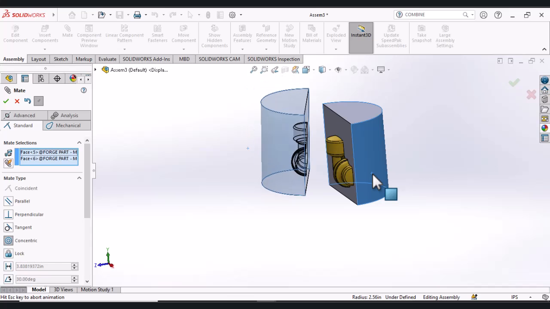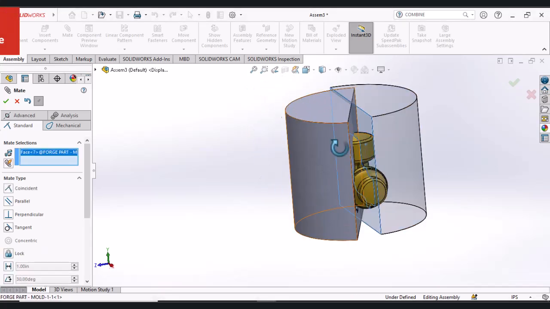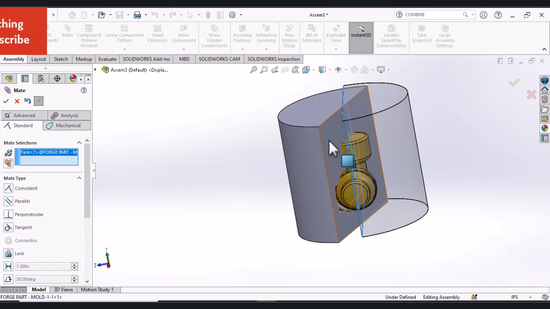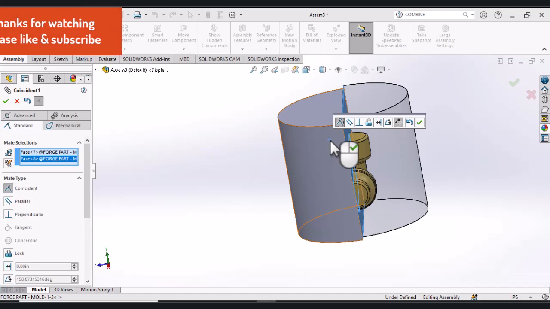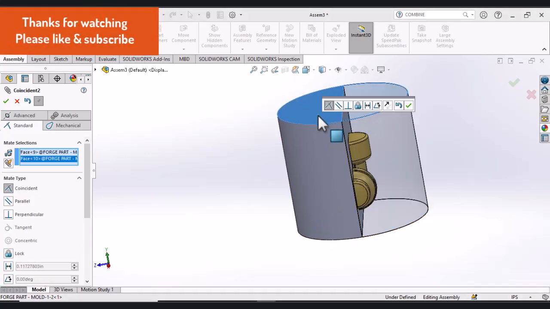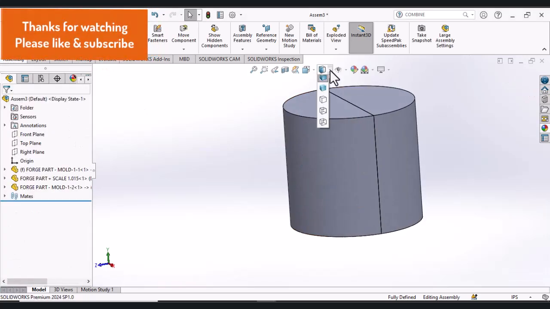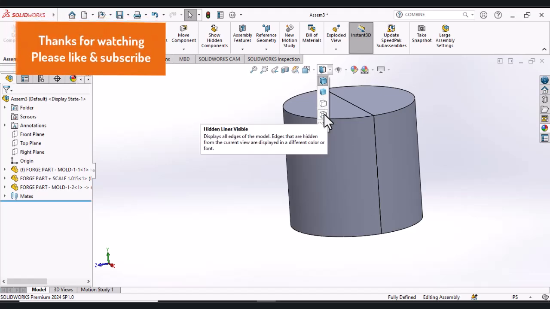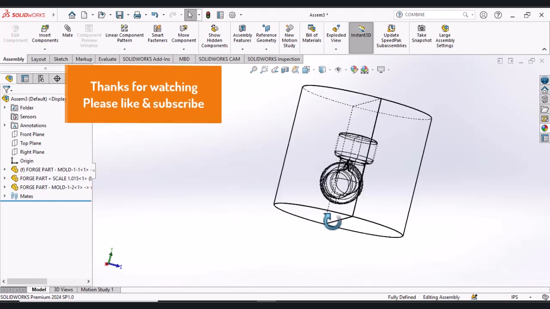First, we center the 2 outer surfaces. Then we match the inner and upper surface. We confirm. We select hidden line. In this way, 2 halves of the molds were created.